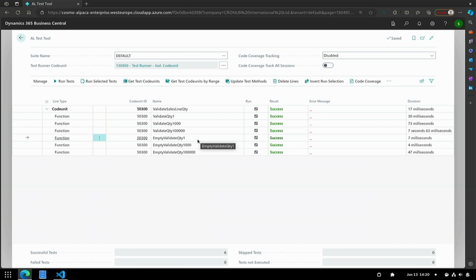Even if there is no apparent code in that validate trigger, there might be some event subscribers that rely on that field being validated. Yeah, and so the overhead of an empty validate is probably not really noticeable.